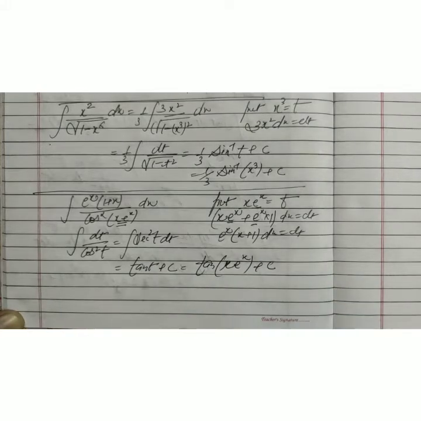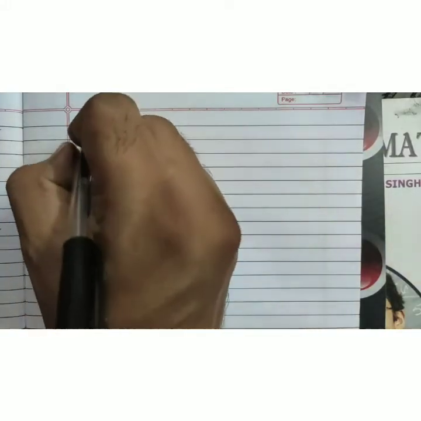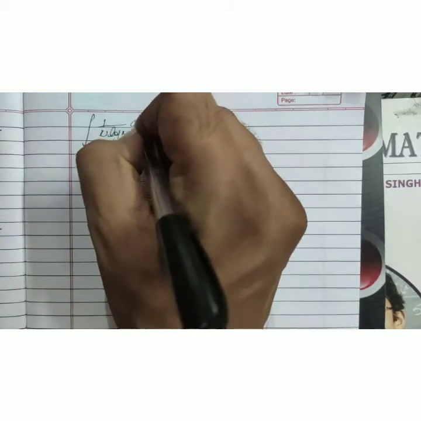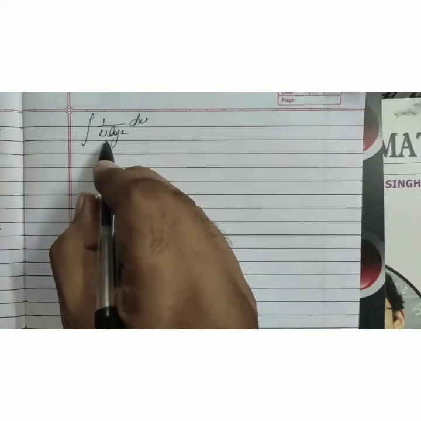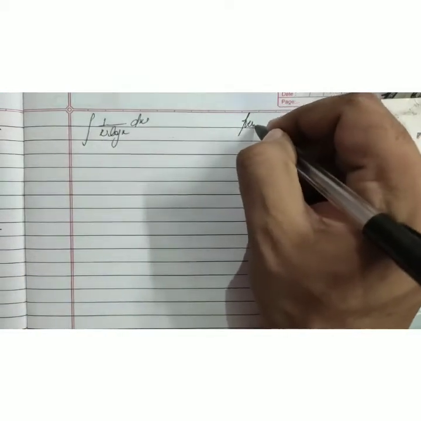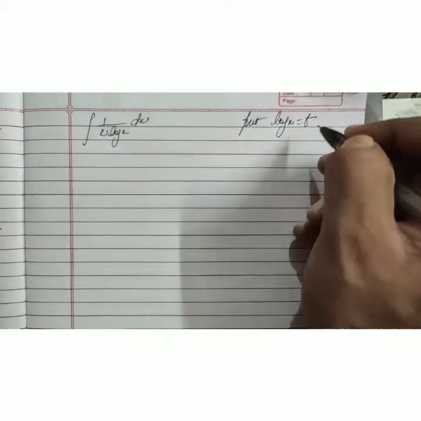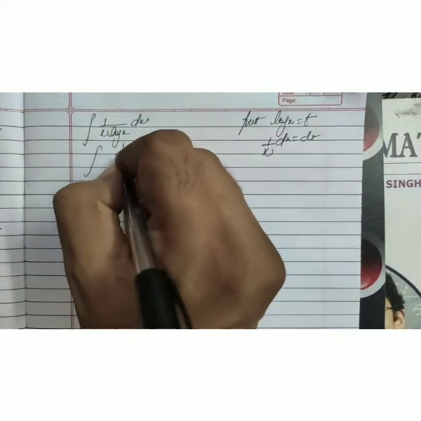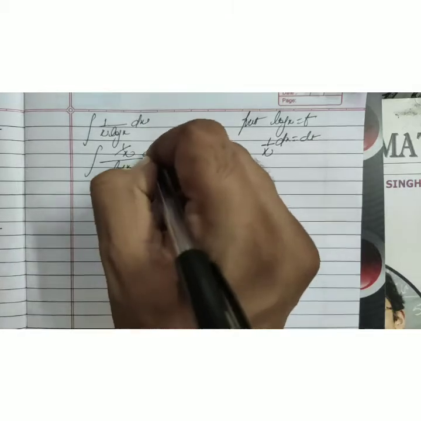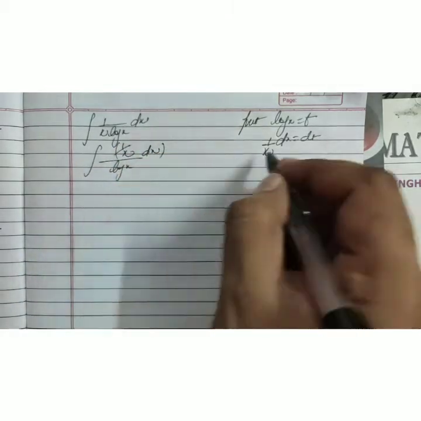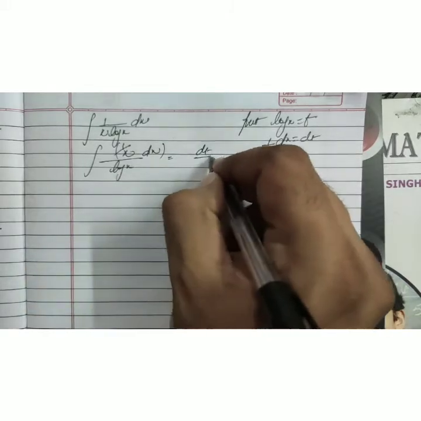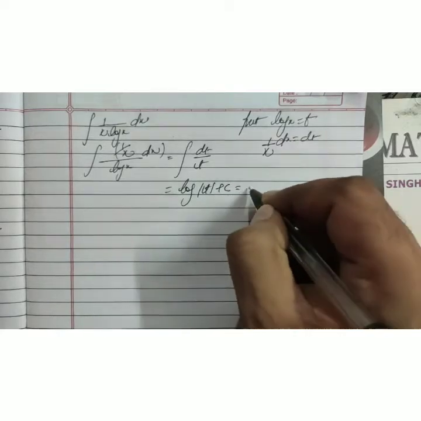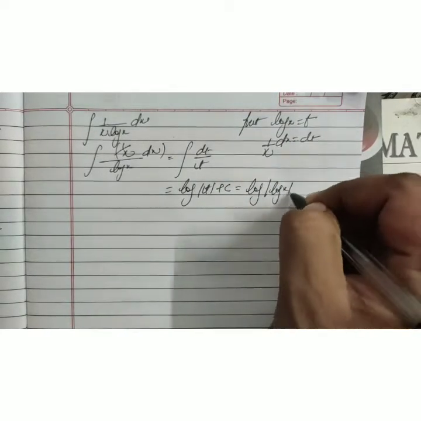Now we are going to take another type, integration of 1 by x with log of x in the denominator, dx. We know that we still do not have the integration of log x, so we put log of x as t. Differentiation of log of x is 1 by x dx, which is given by dt. Here we can write 1 by x dx upside and log of x downside. 1 by x dx can be written as dt, and log x we have taken as t. So it becomes log of t plus c. Replacing the value of t, which is log of x.